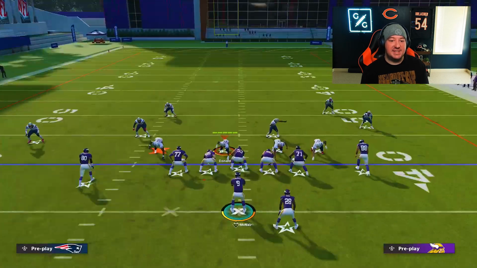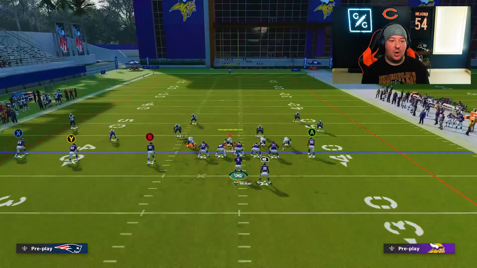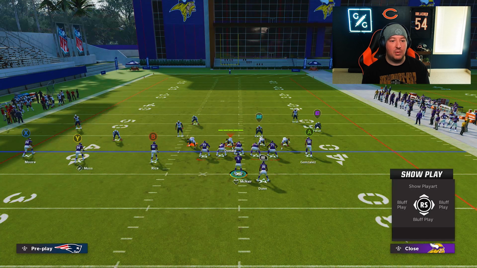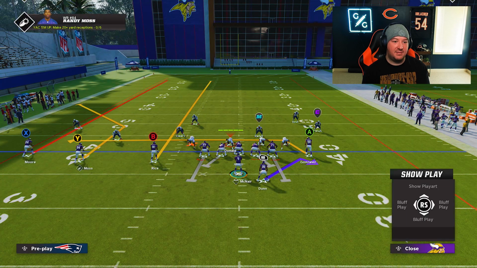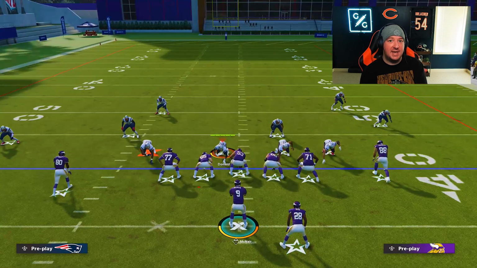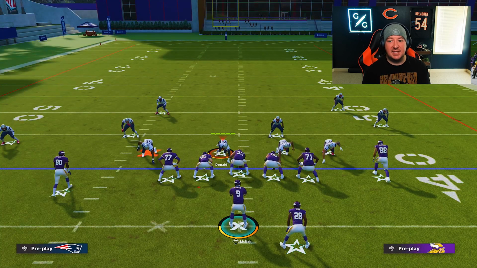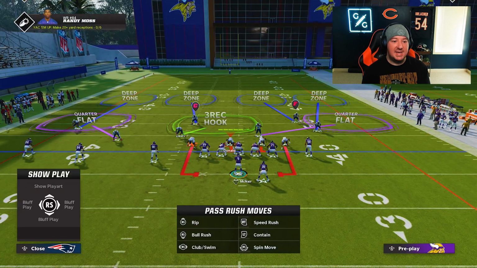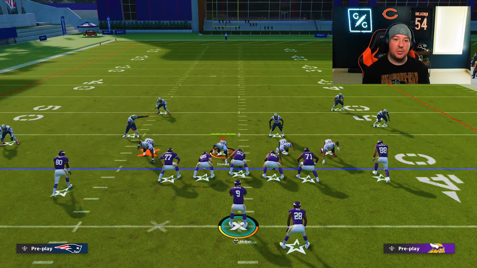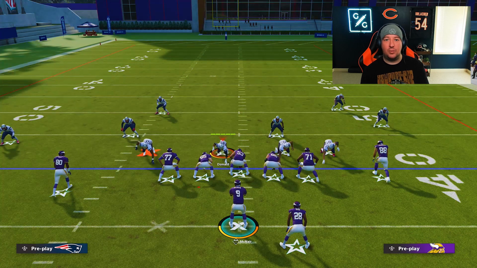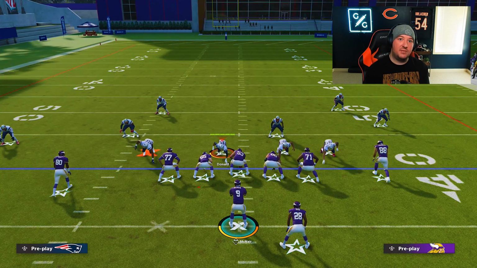So what this means is that if I were to set up basically an all vertical scenario, it doesn't matter what route combo it is. Let's just go ahead and run kind of like a runoff flood down the left sideline with a streak and a corner. We'll attack the seam with Jerry Rice and we'll use that same underneath drag by the tight end. What you will see on this particular route combo is that the safety is still going to cut off the tight end drag on the right, but now the quarter flat matching the middle receiver takes the stress on the right side of the field to have to run all the way over to the left side of the field